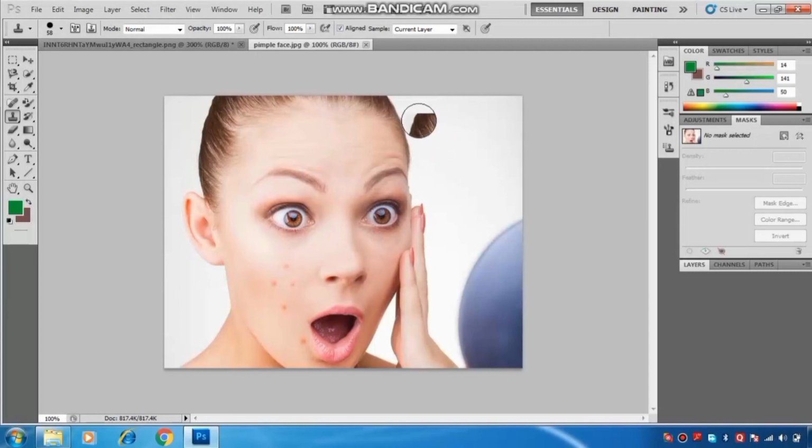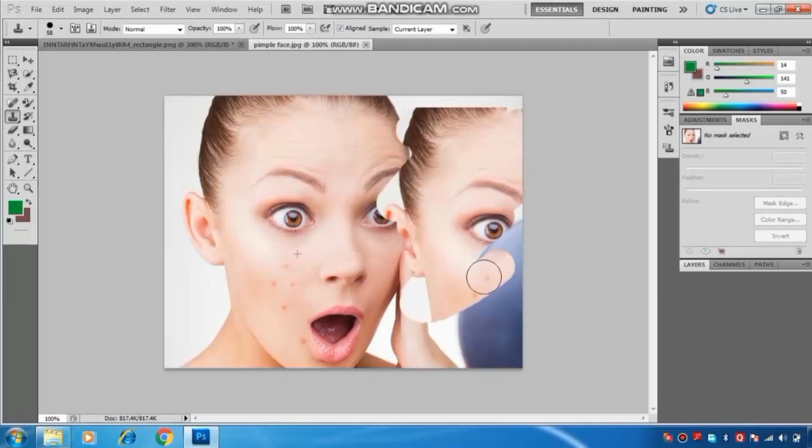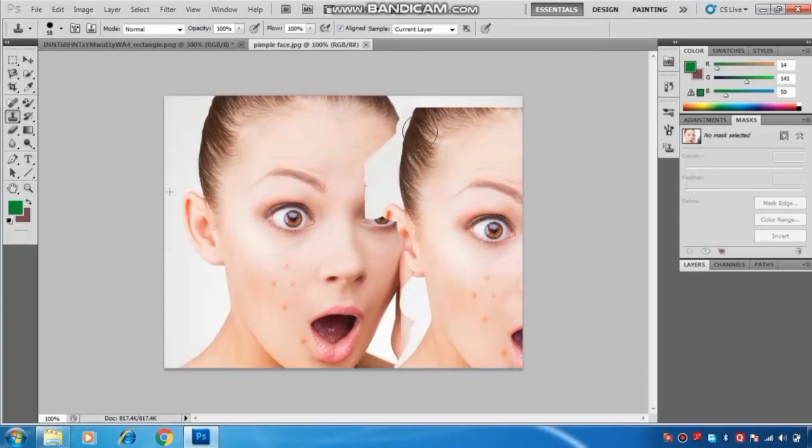Now we will select the area where we want to create its clone like this. Okay, so here we have seen that we will create the clone of this image. Okay, so hope you all are clear with the clone stamp tool. Basically this is used to create the clone of your image.